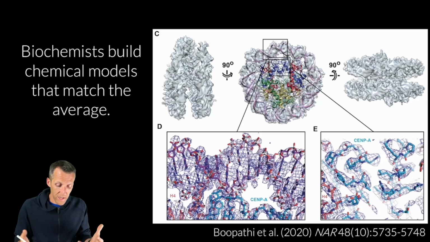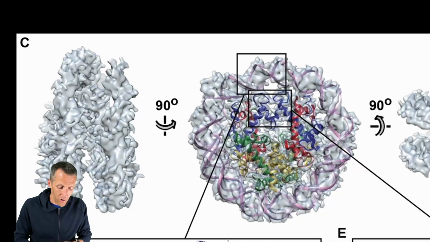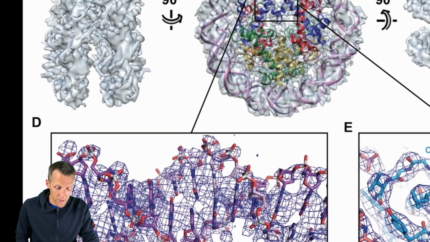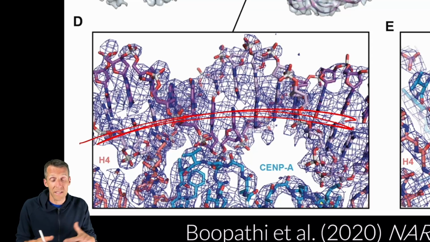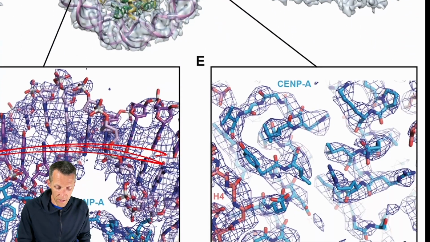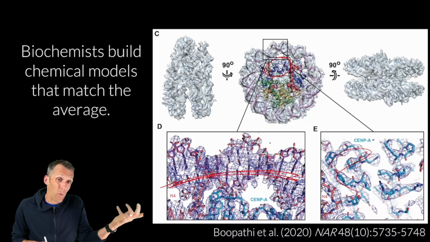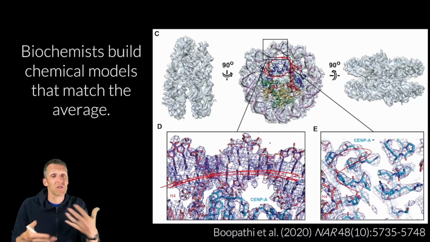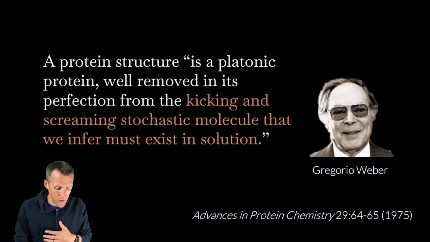So what they've done is actually created something called electron density. This density here is basically where the average electron scattering is for the electron microscopy that says this is where the parts can go. So then the researchers can thread, in this case, nucleic acids through that blob, saying this is where the DNA went. And then in this region down here, they're threading in protein sequence to see where that protein went. And so they can learn something about how that nucleosome binds to DNA. But from the process as we've been thinking about it, they're just averaging over all the flopping, right? This is just an average over all of the flopping things that this molecule can do. They're taking something that's moving and building a static picture.